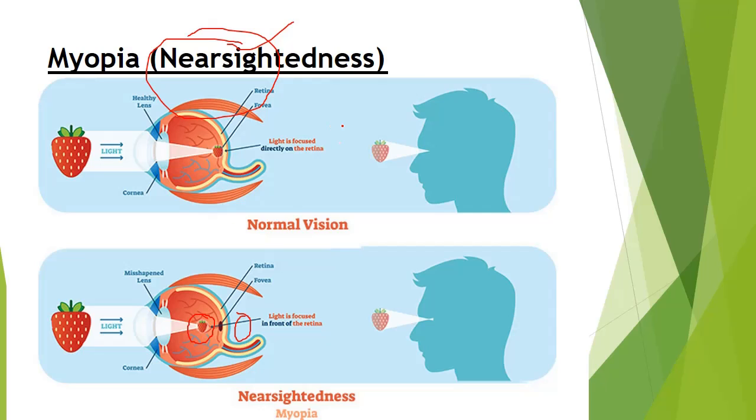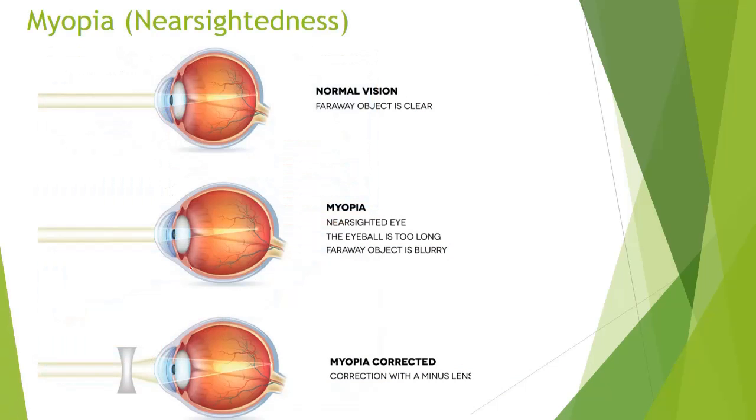So how do we correct this? To correct this, here you can see this is a concave lens. We will place the concave lens in front of the person's eye, and he will be able to see the far objects as well as near objects clearly. He was able to see near objects clearly, but far objects he was not able to see clearly. Then